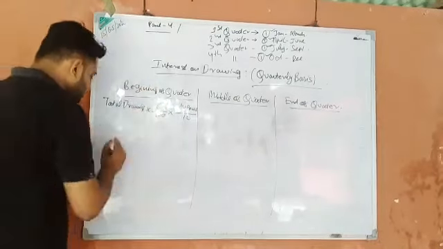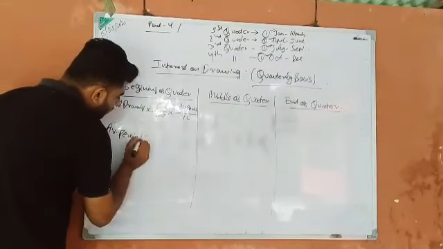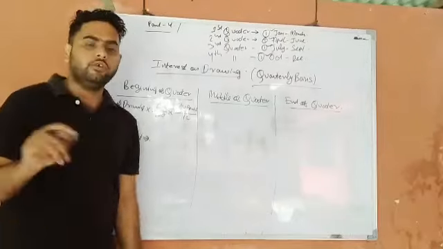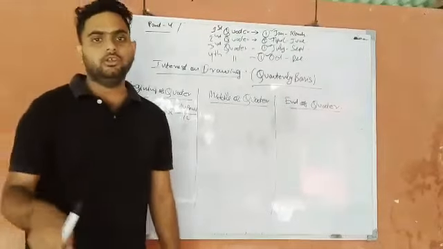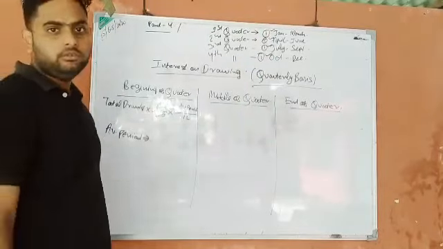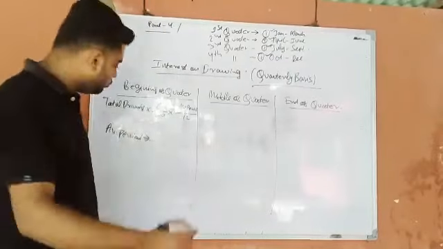So here, I am calculating the average period. How to calculate the average period? We must know the date of first drawing and the date of last drawing. In this case, the date of first drawing is 1st January, because it is the beginning. So from 1st January, how many months are there? 12 months are there.